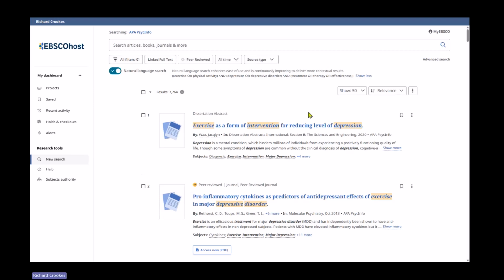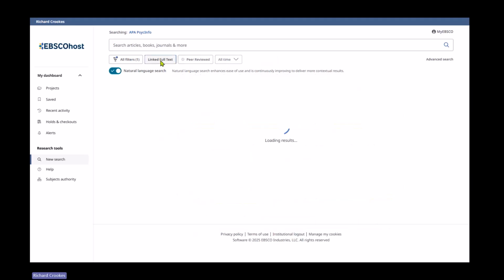If you want to restrict it to full text, you'll see linked full text. Now, linked full text here is kind of all embracing. With APA PsycInfo being an abstract and index only database, essentially there's no full text here. But with EBSCOhost Smart Linking, if you subscribe to other EBSCO databases like Medline Ultimate or CINAHL Complete, then if the same articles are indexed in APA PsycInfo and they have full text PDF online, those links will be transferred to the